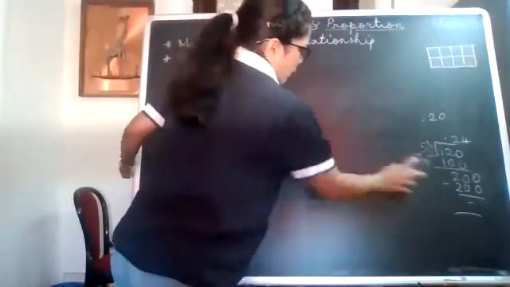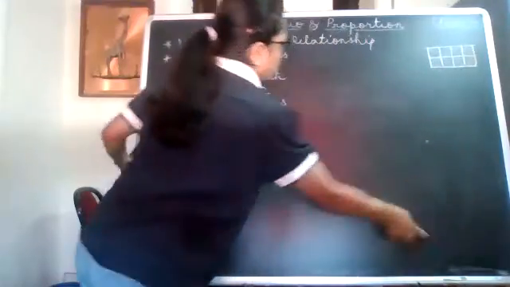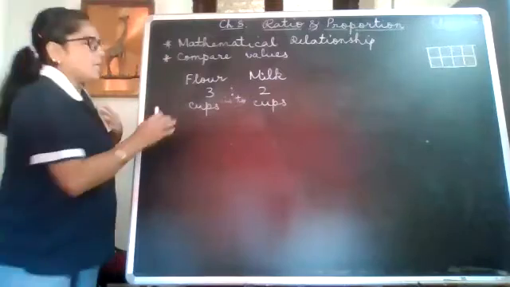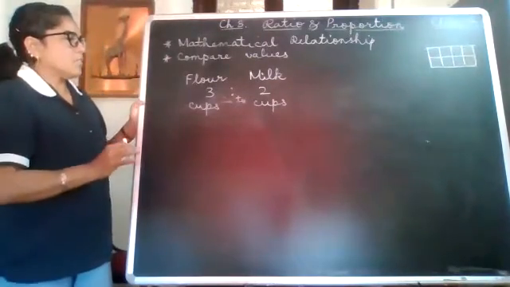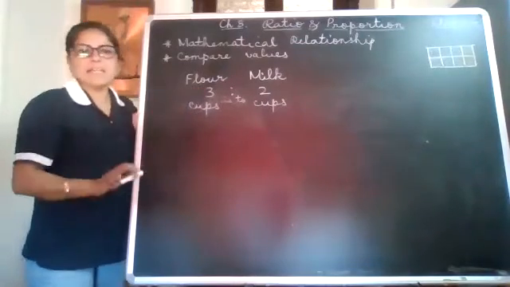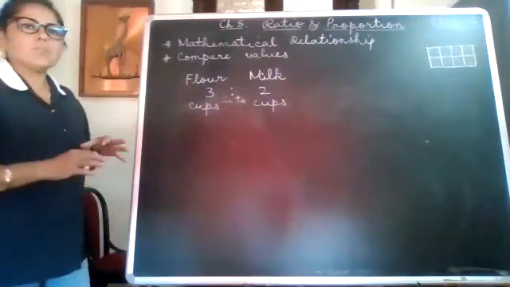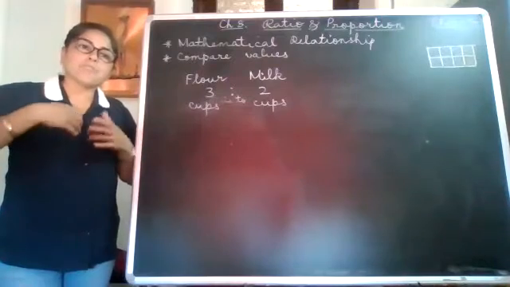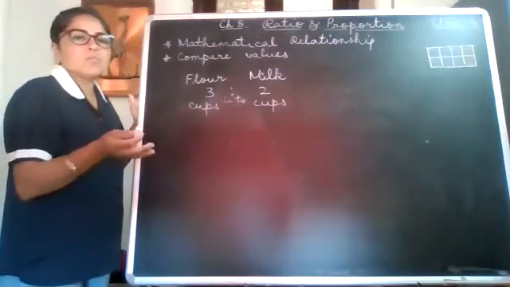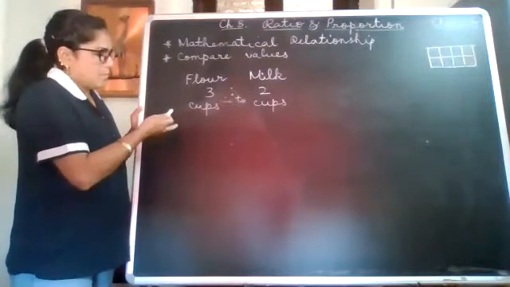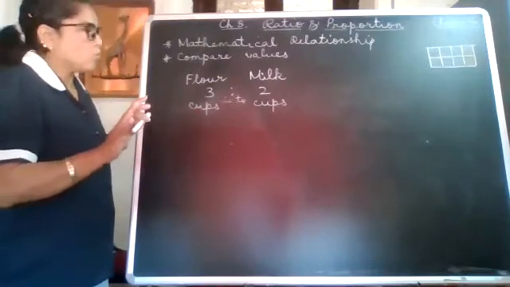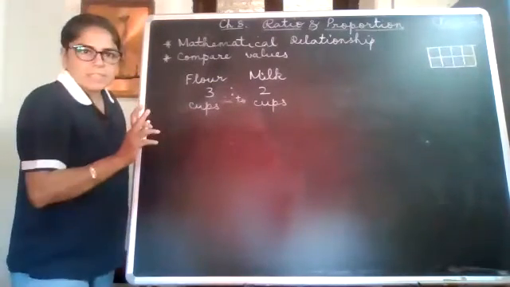Now in ratios, one thing you need to remember is both the terms of the ratio should be of the same unit. Say for example, if we are talking about ingredients of a cake, both are ingredients of a cake only. We won't be comparing two values of very different kind. Like for example, we won't compare a blackboard to a table or something like that. Such weird comparisons won't be done. That is one thing.